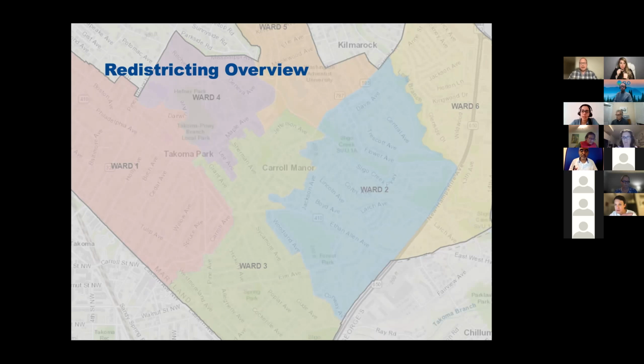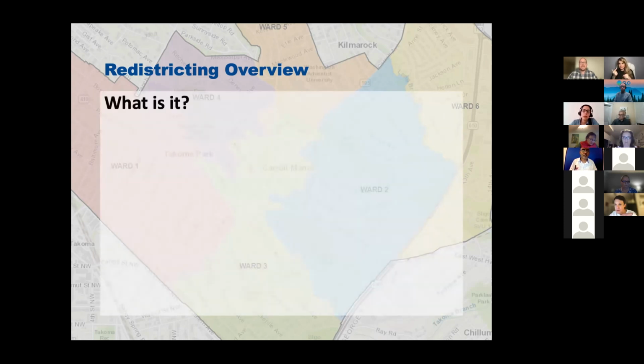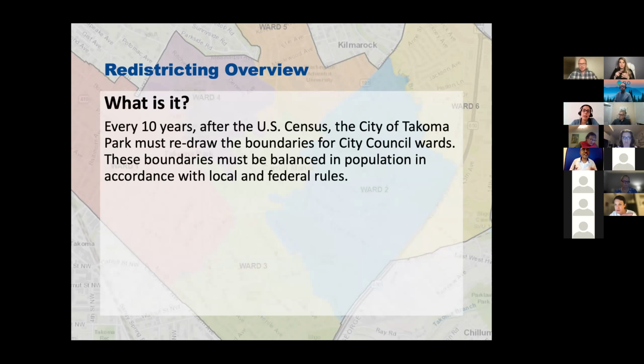So keep that in mind over these next few slides that I'll share. So the first step is a redistricting overview at a really high level. What is redistricting? So every 10 years after the census,